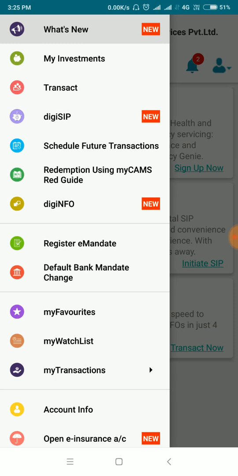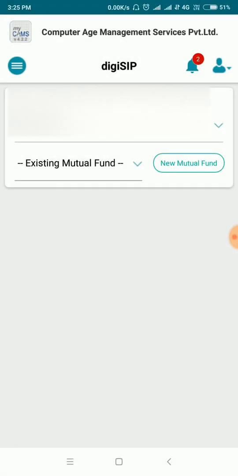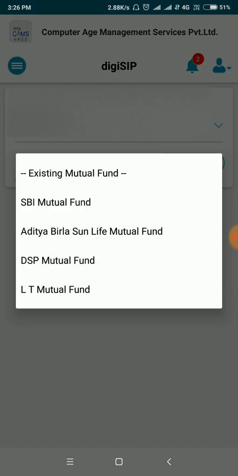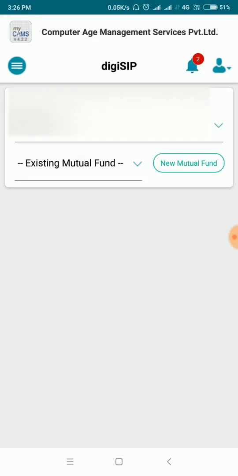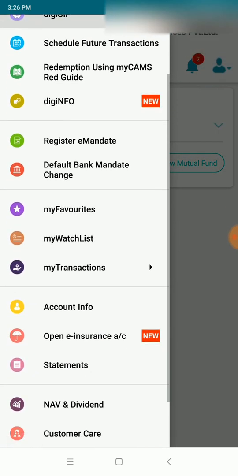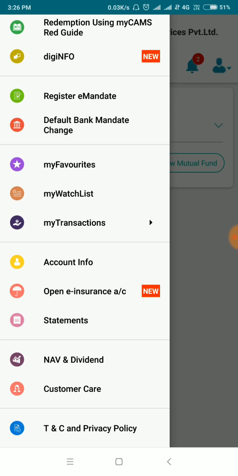This is a new option here which was not earlier provided in this particular app. Let me click on DigiSip, and again it takes me to the same page. So again, the existing mutual funds you want or a new mutual fund you want based on your PAN numbers. And one more option that I wanted to show you over here is